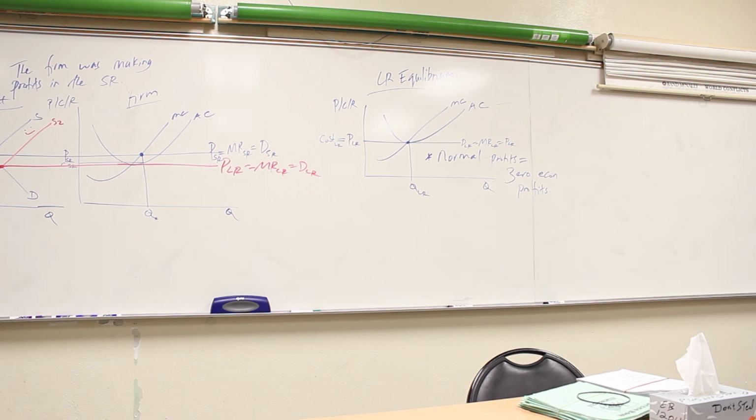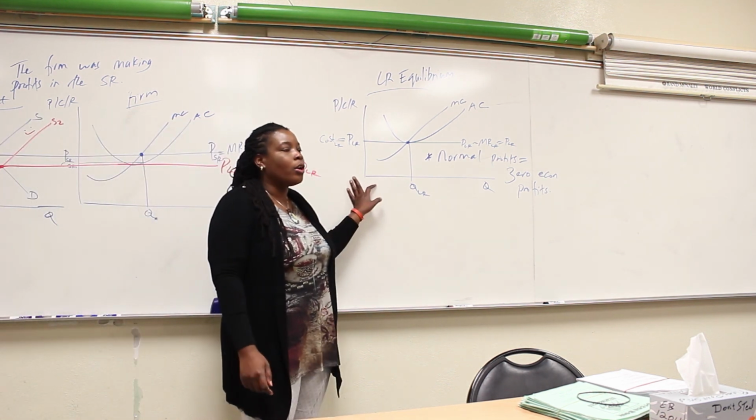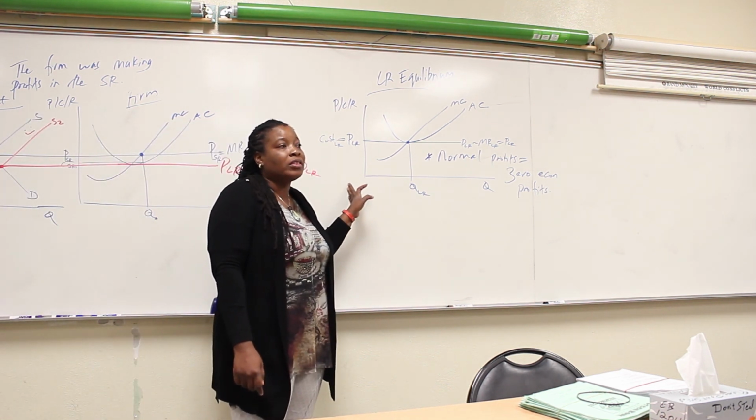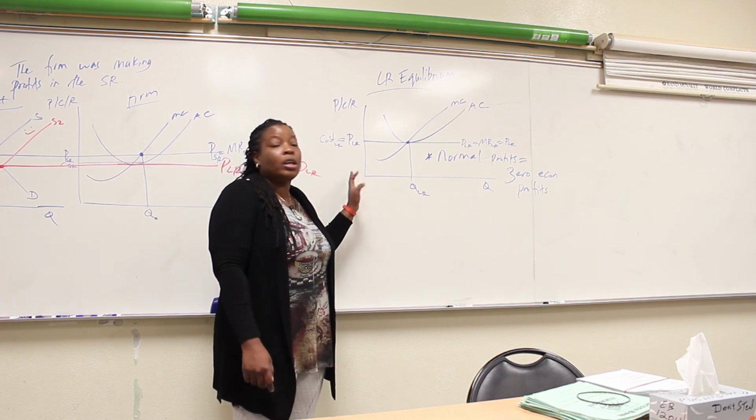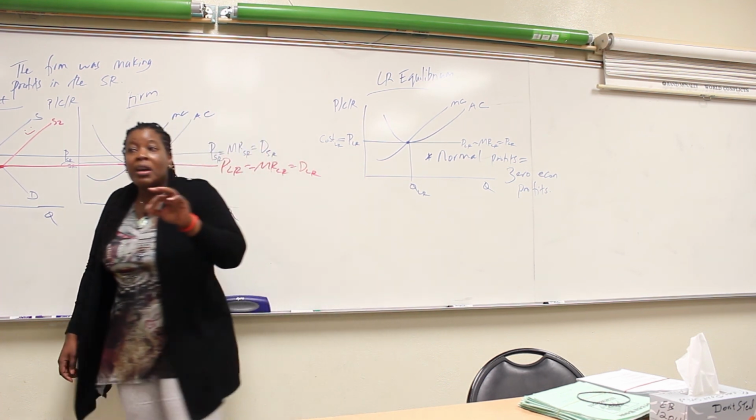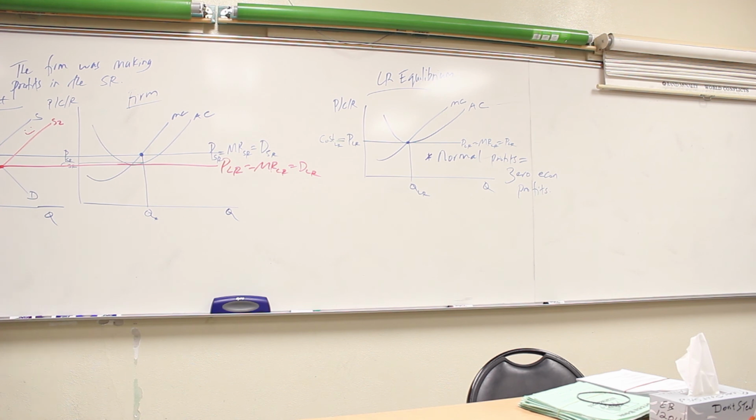The thing with a purely competitive structure is new firms can freely enter. And because they can freely enter, once you're making profits, you're going to enter and they won't stop entering until they compete away all of the profits. By the time we get to the long run, only normal profits are being made. Now, there's a very valuable business lesson from this that I want you to extract a little bit.